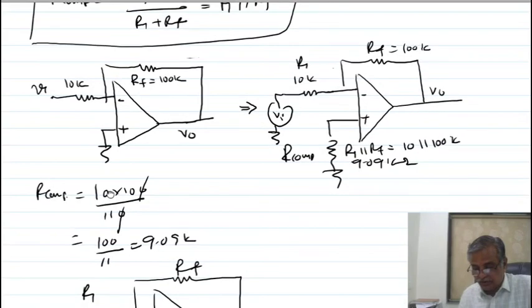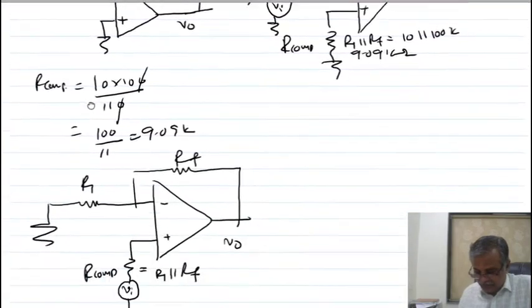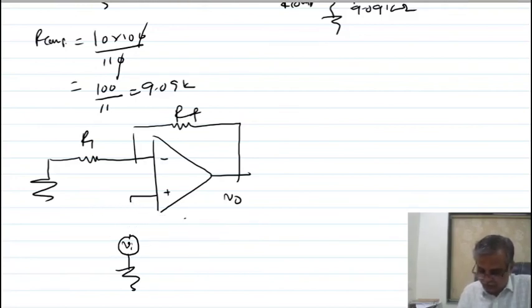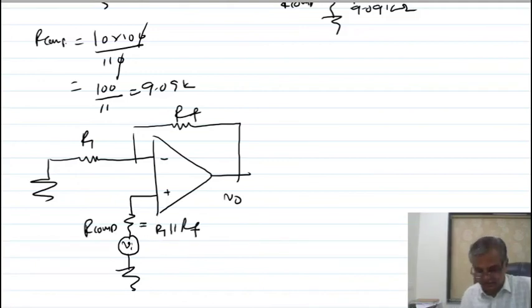If you want to use your inverting amplifier, then do not use this. If you use this, you will get some error due to input bias current. Do not use this circuit for the inverting amplifier. If you use this circuit, you will get some error. But if you use the compensated resistor like this, the error due to input bias current will be minimized, or you can say the input bias current is compensated by adding this R comp.